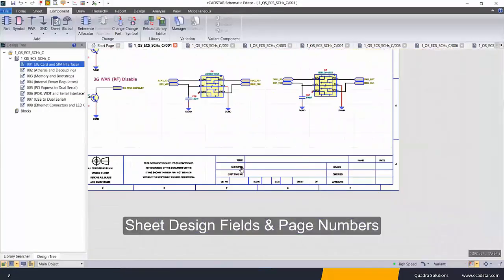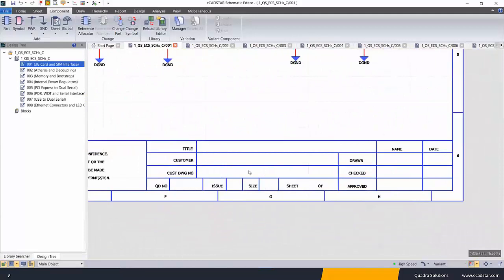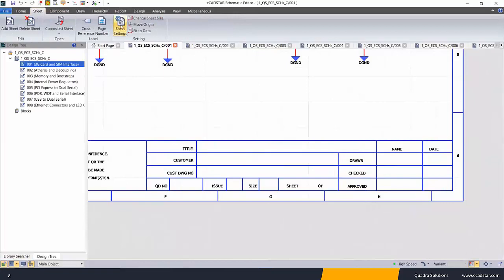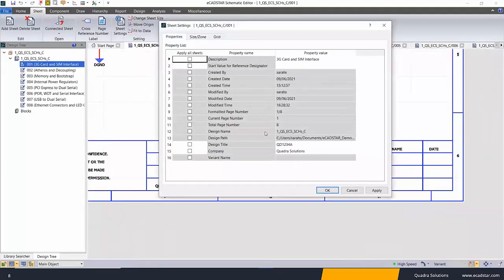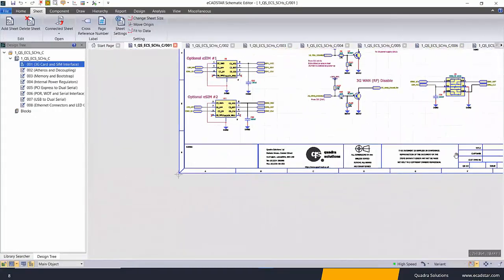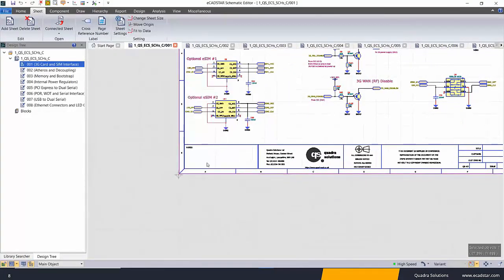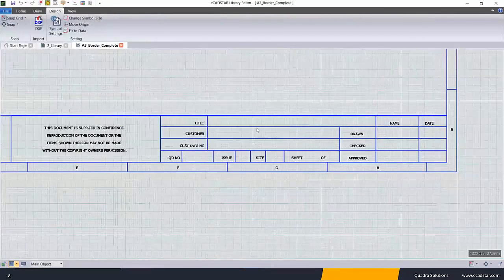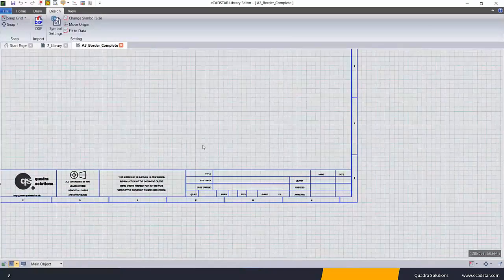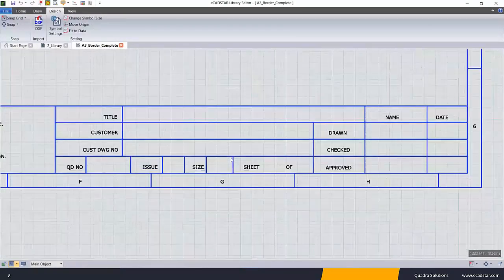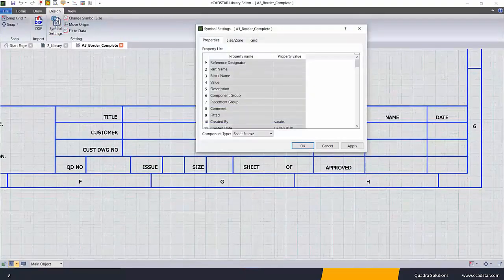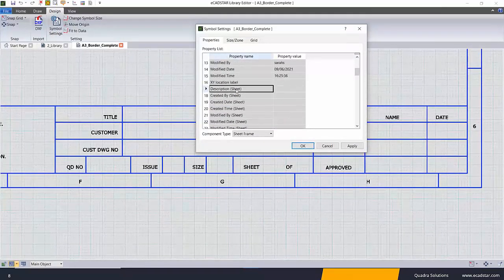Okay, design fields and sheet page numbers, etc. So we now have quite a few more options in our sheet settings, our properties. You can see there, you can apply to all sheets as well. So you can display viewer in the schematic editor, or you can go into the symbol editor, go into symbol settings, and display the viewers. So it already comes in like that